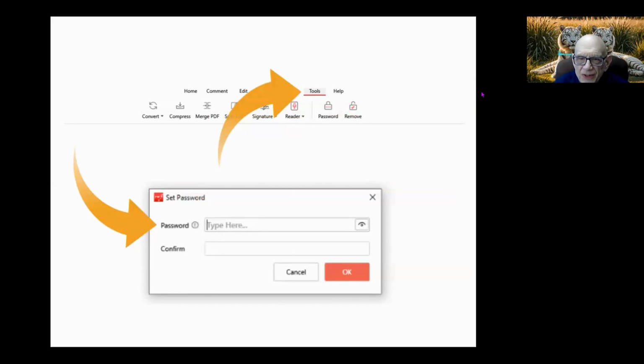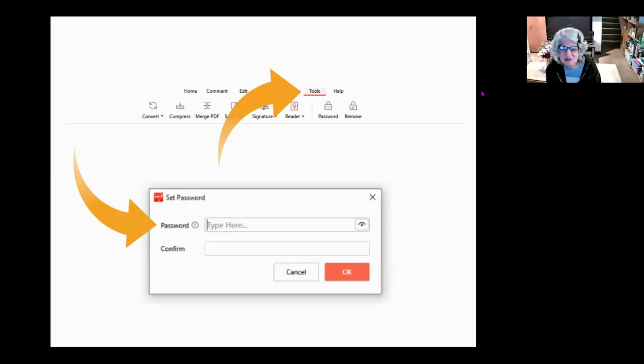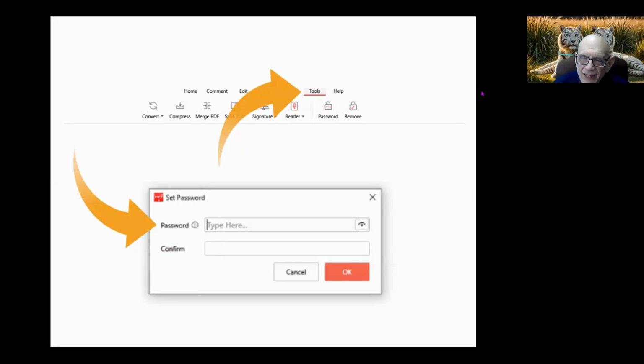It's real easy. You just go into Tools and Password Protected. The only thing is you better remember what that password is and give that password to the person who you're sending the file to, and make sure that you're doing it in an encrypted way or face-to-face, because you don't want to text them the password.